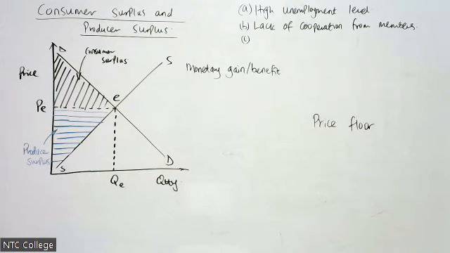If producers are able to sell a commodity at a higher price than what they were, let me say, expecting to sell, then of course they enjoy something known as